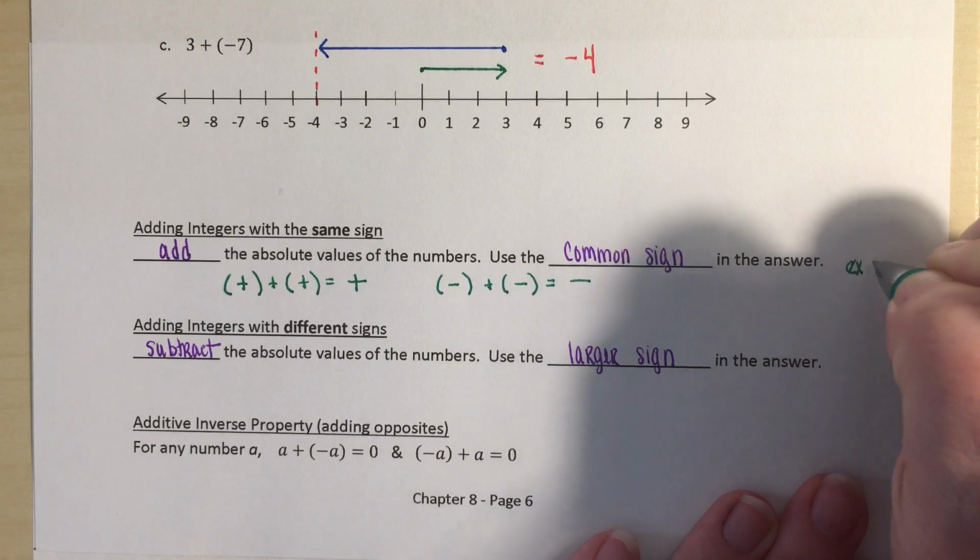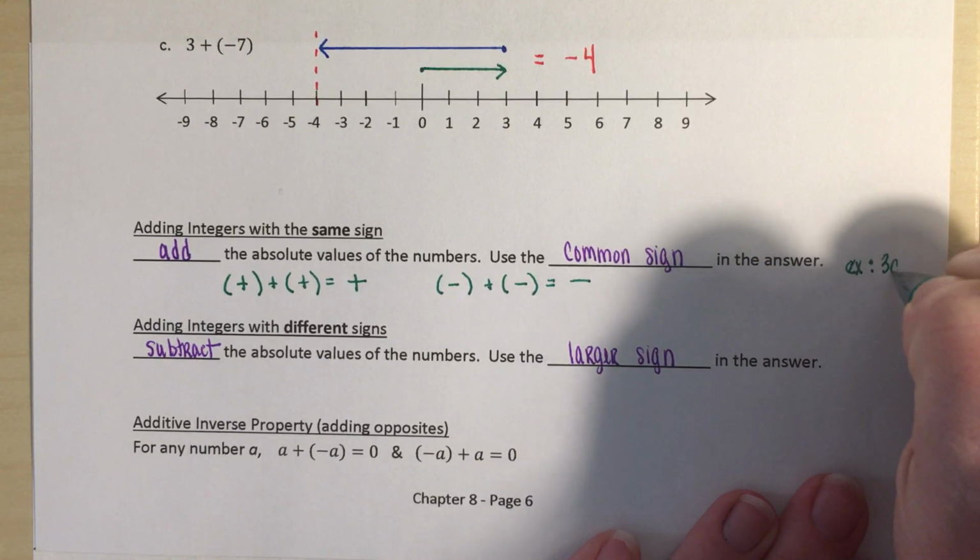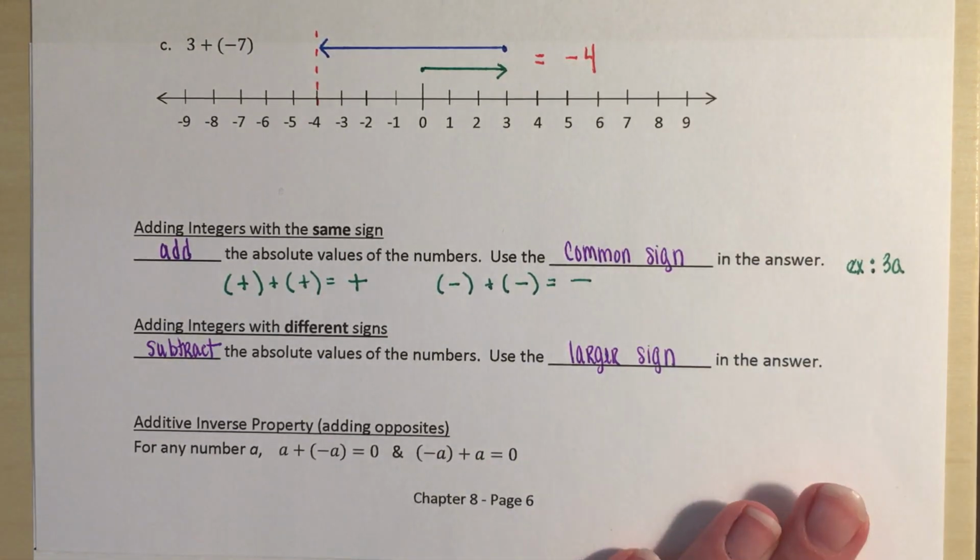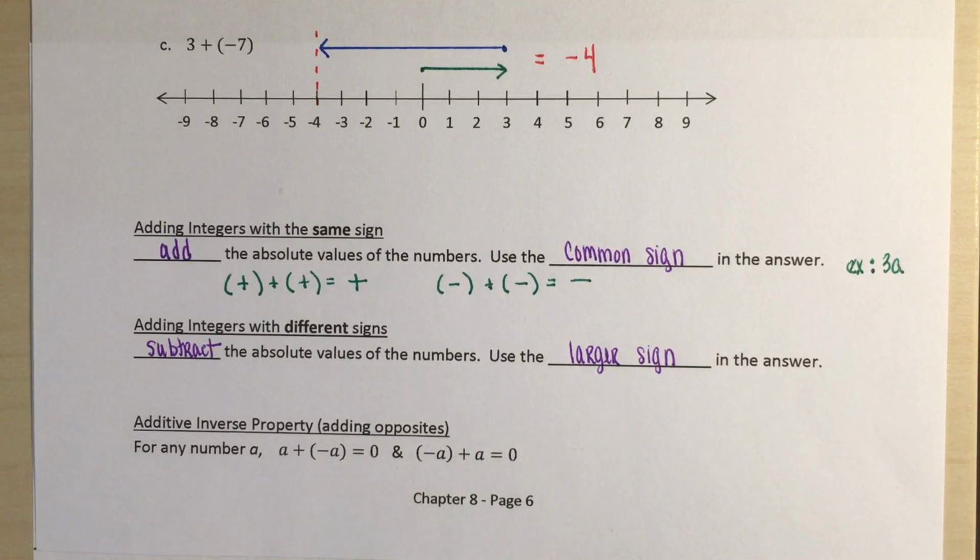So we're just going to make a little note here. This rule comes from 3a. Again, positive plus positive stays positive. That's easy to remember, that's no different than anything else that we've seen. But negative plus negative stays negative. Now, when we're dealing with numbers that have different signs, what we're going to do is actually subtract these two numbers. So we're going to subtract the absolute values of the numbers, and then we're going to use the larger